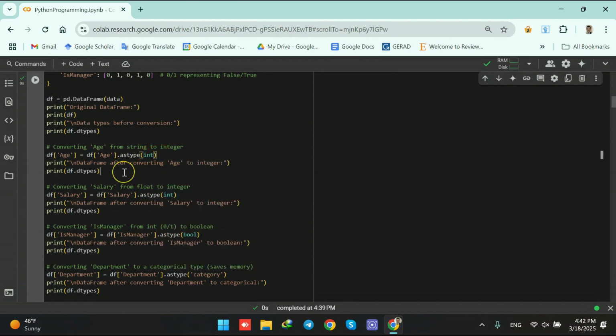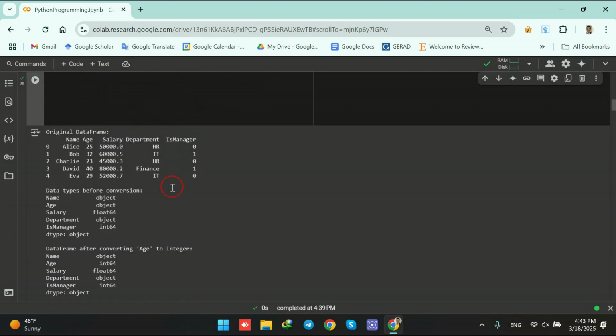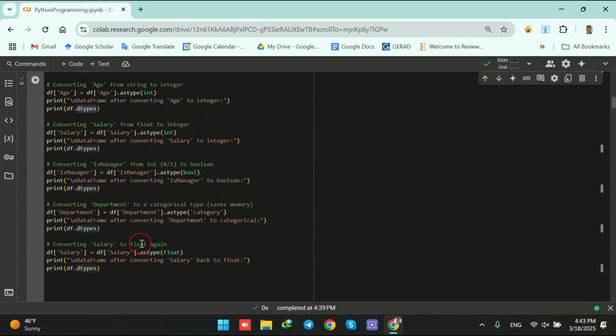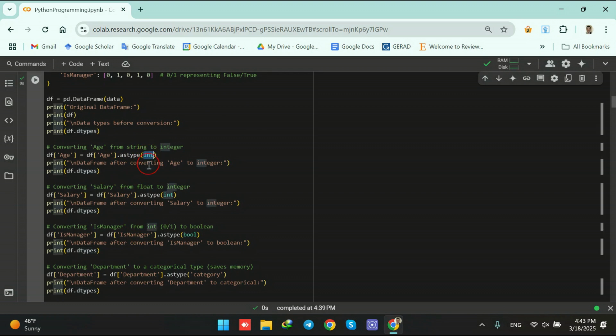to be integer. Okay, so now and after that, I'm going to use the name of the data frame dot dtypes to print again the data type of my data frame. So when I look at the output previously, before any conversion, the age was a string, so it is why it is showing object, but now it's an integer. The data type has been changed. Now we learned how we can do that. We write down the integer data type using the astype function for the age column from the df data frame on the right hand side, and on the left hand side, all these things are assigned to the left